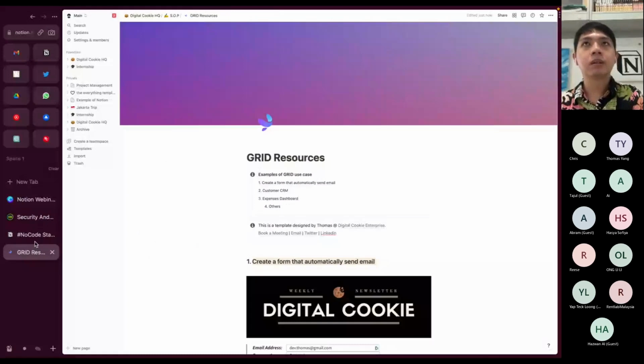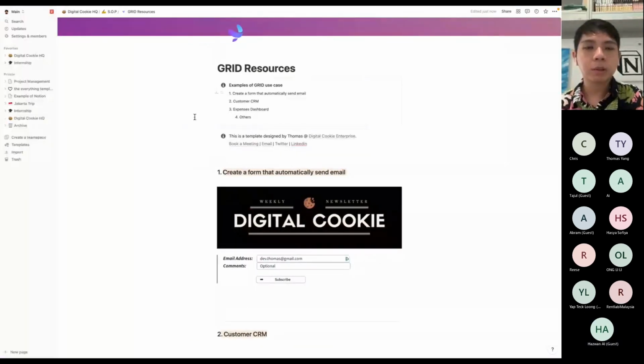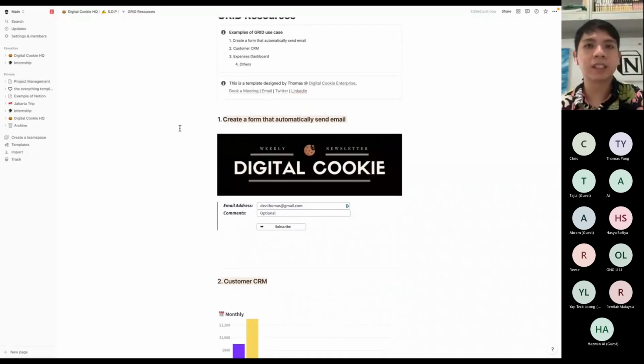The next thing to share is what other things you can do with Notion, since the goal of Notion is to have everything in one space: your data, your SOPs, your sales data, your projects. There are a lot of third-party tools that integrate with Notion. One that I've been using extensively lately is called Grid. Grid allows you to create dynamic dashboards. It's similar to Tableau or Power BI, but it integrates with Notion, Excel and Google Sheets as well. The main attraction in this case is Notion.